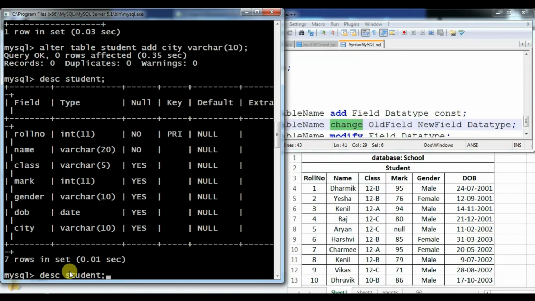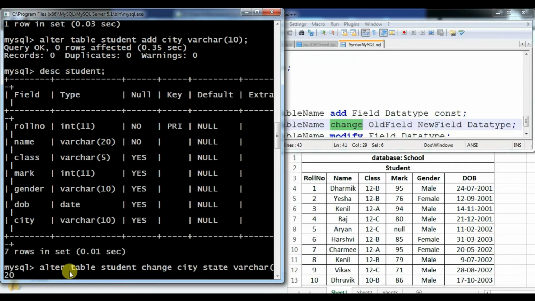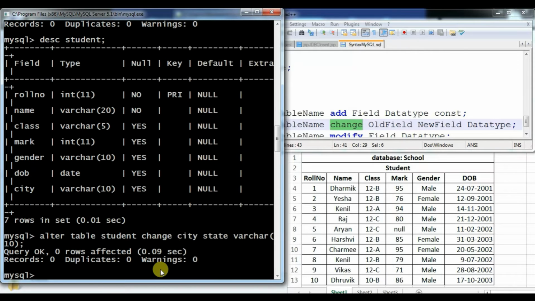Alter table student, change old field name, that is city, new field name, state, and the data type, that is varchar, then semicolon. Alter table name change is for when you want to change an old field name to a new field name. Now I am going to press enter.